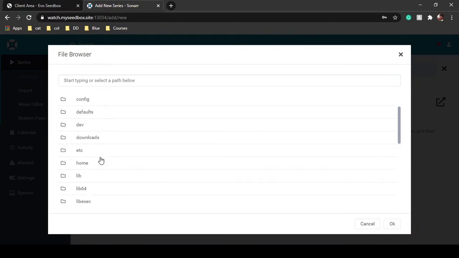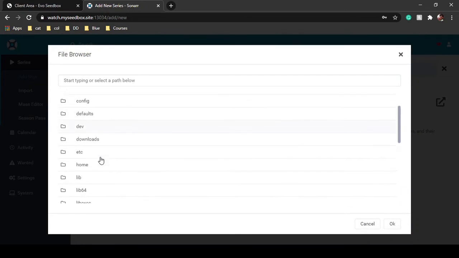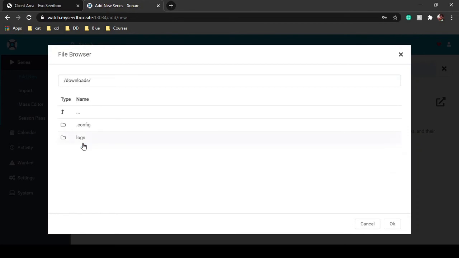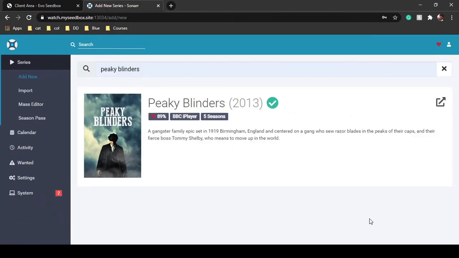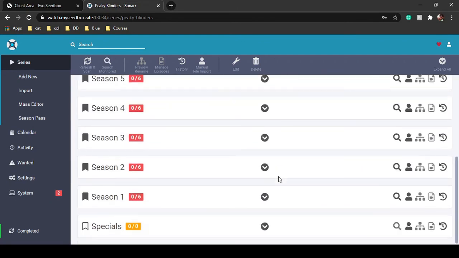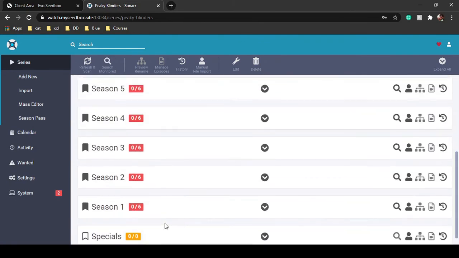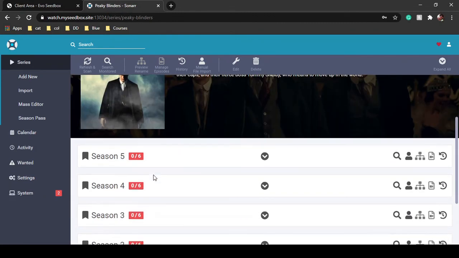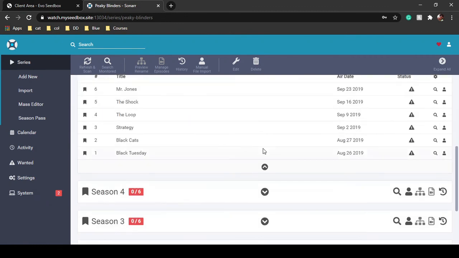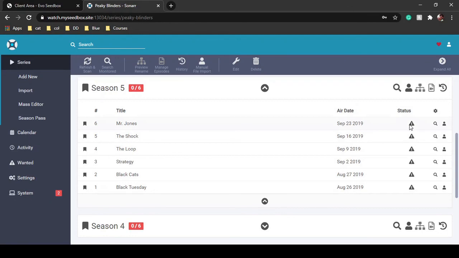And over here, this is basically our seedbox. So by default, our path is in downloads. So we'll click on downloads folder. We'll click on OK. So yeah, the series has been added, and you will be able to see there are multiple seasons, multiple episodes. So it will monitor episodes, and it will start downloading, and you can see from here that all the episodes, whether they are downloaded or not, you can check it in the status.